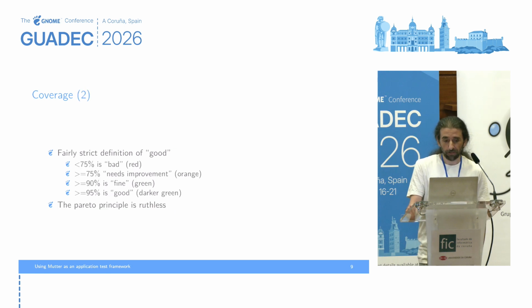Coverage has a fairly strict definition of good. I think this is relatively common, like gcover and lcov, and also the GitLab UI all agree on these percentages: less than 75 testing percentage is considered bad, and it shows as red. More than 75, it starts to be fine, but it's still not great. More than 90, it's considered good, but then I realized that there's a different shade of green, and